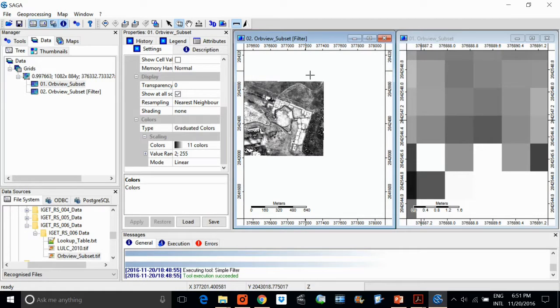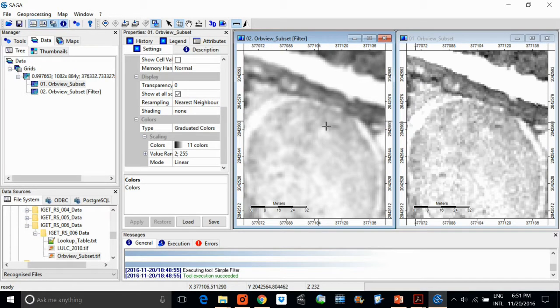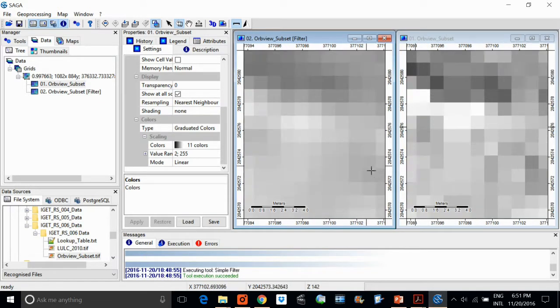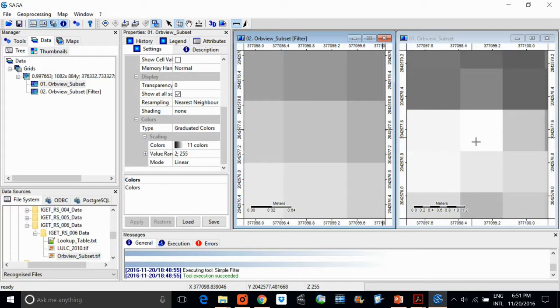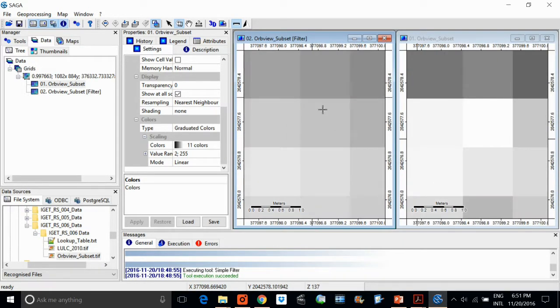And why do we synchronize it? Because once you do it here, or once you go to a particular feature, the right hand side should also show the same. So let me go to this. Okay, so these two pixels are same. This white pixel, these are same. See, this pixel and this pixel are exactly the same, but the view has changed by smoothing.